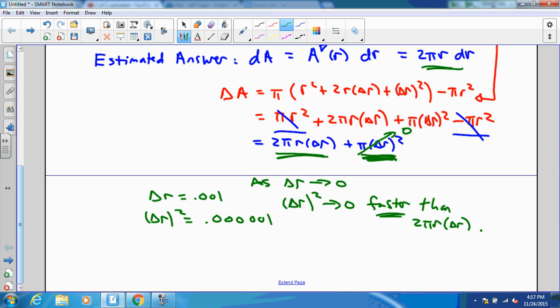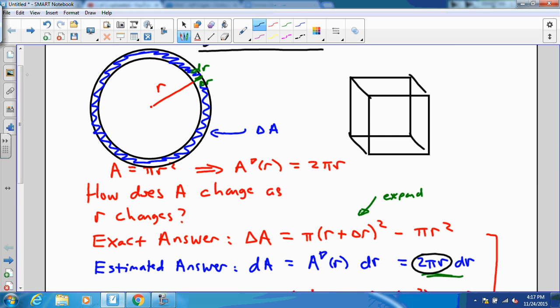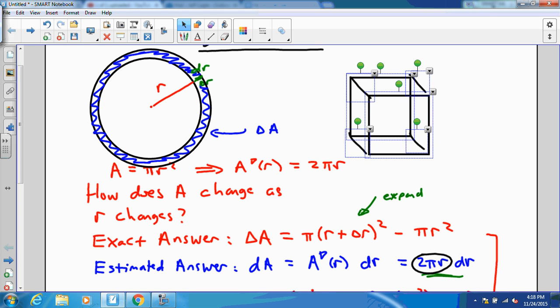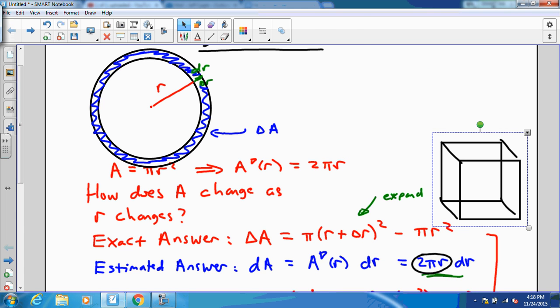And what he ends up with is this guy right here. But what is also fascinating about this is that the expression that we have right here, the rate of change, just so happens to coincide with the circumference of the circle. And it turns out that's not an accident either. If you were to take the delta A that we have right here,